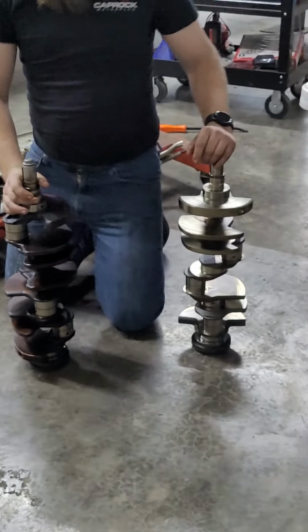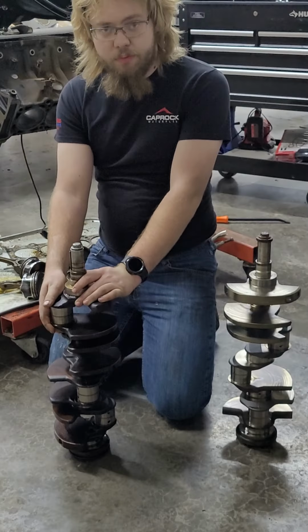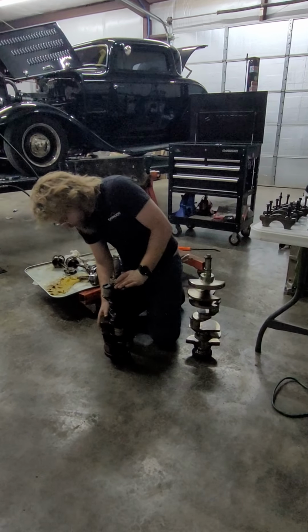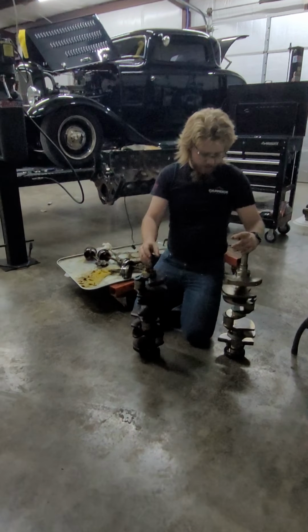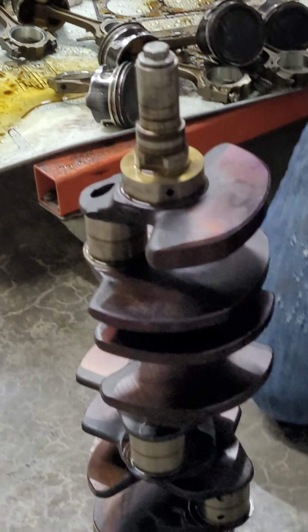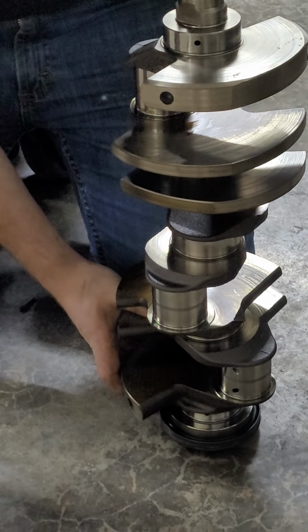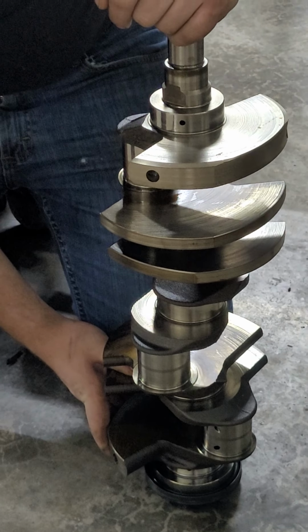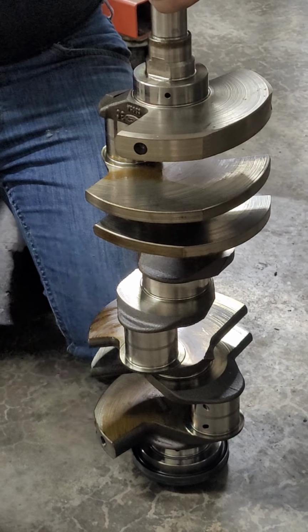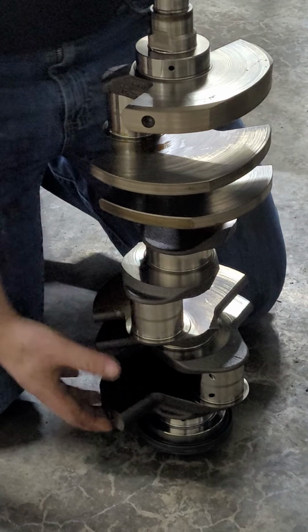So, you'll notice this one, cylinder 1 has its own counterweights. Cylinders 1 and 5 have their own counterweight. 2 and 6, 3 and 7, and 4 and 8 all have a pair of counterweights. So you'll notice on this one, cylinders 1 and 5 and 4 and 8 both still have their pair of